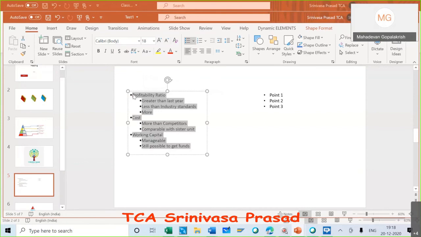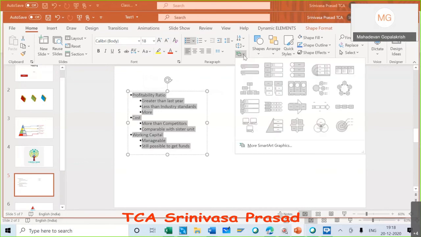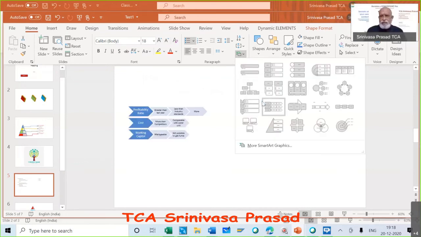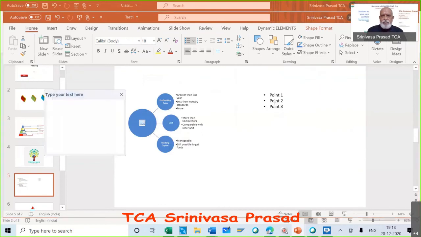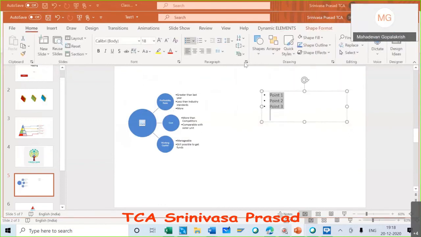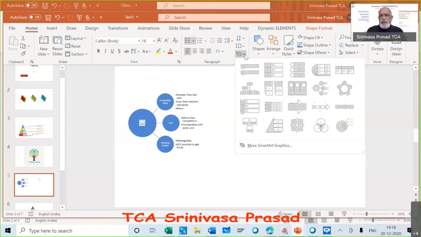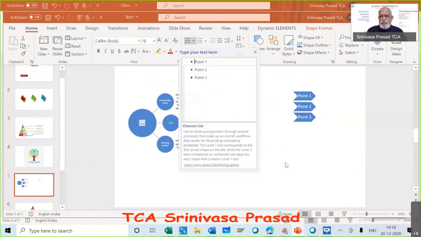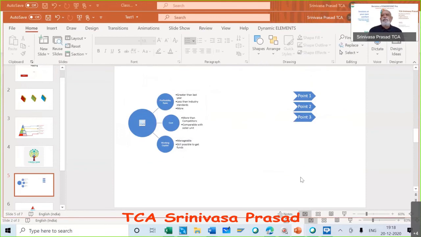Now you come to this place and Control A. You take, let's say, this particular shape, and you come here and you say Control A, and you take this shape. Oh, yes, very good.